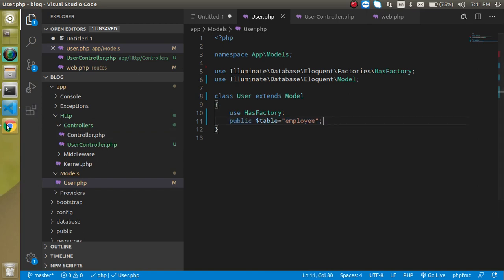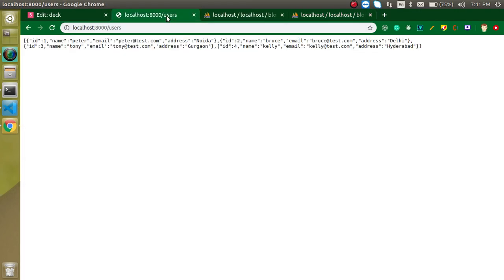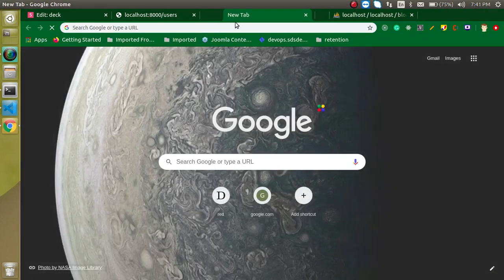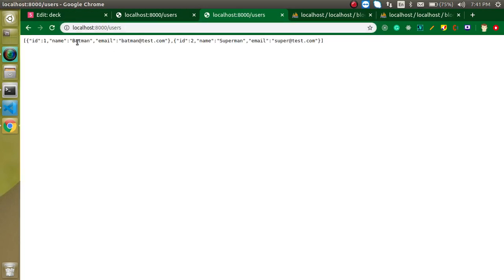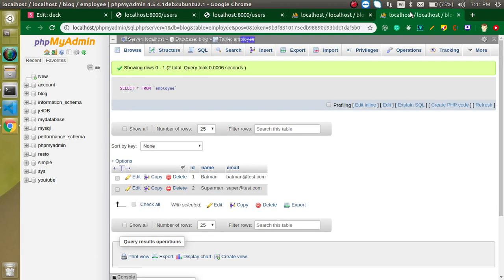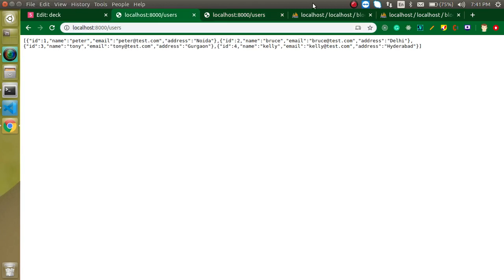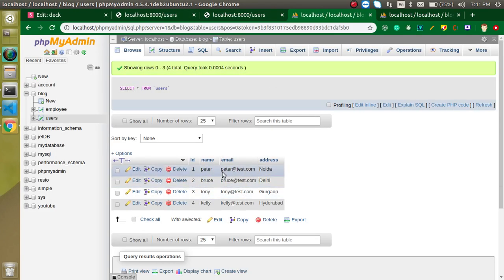So now I'm going to open another window and show you the difference, right? Here you can see that we get the data from the employees table, and you can match that. We have only 2 records, Batman and Superman, and we got that, right? And in the previous video we got the 4 records which are present here.